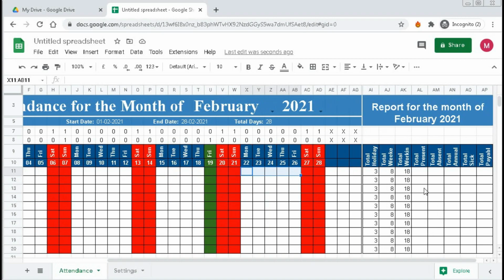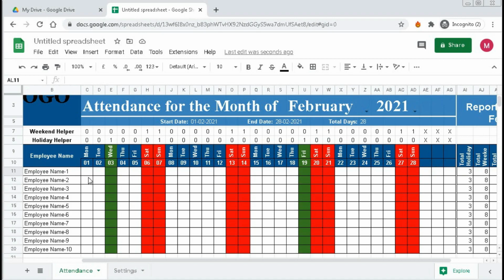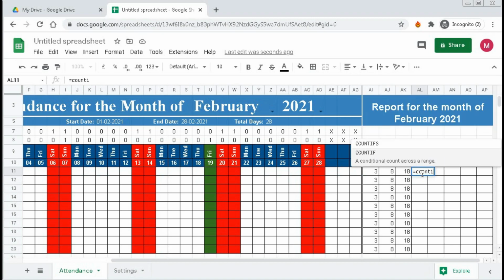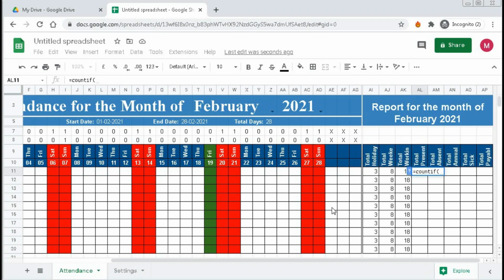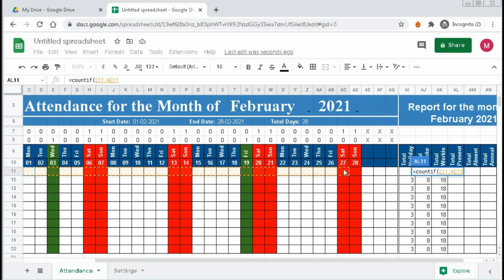Now we have to calculate total present. For that, we have to count all the P's on this row. So equal to COUNTIF, open bracket, our range will be this one, do not lock it, comma, within quotation P, close bracket, enter.